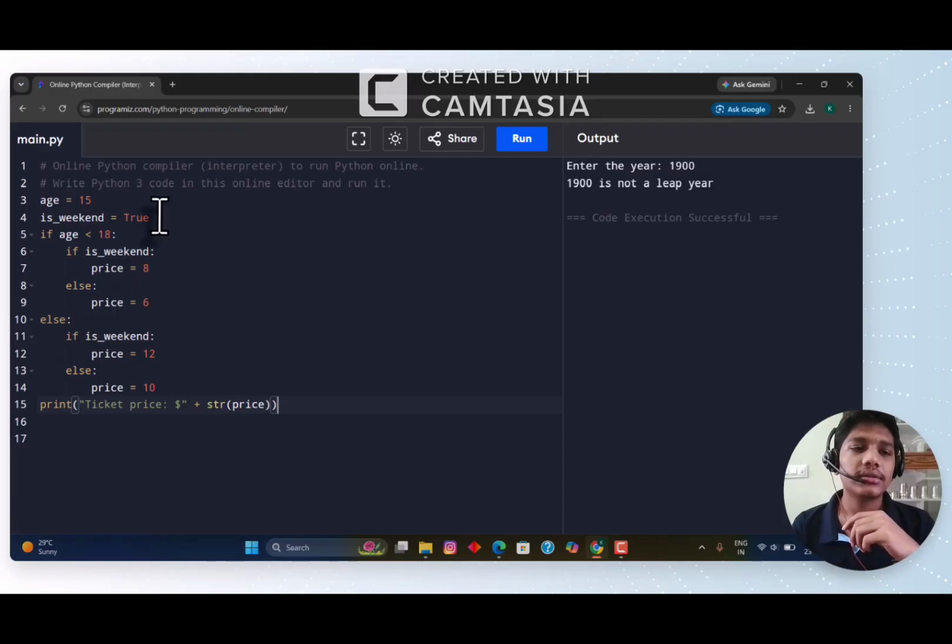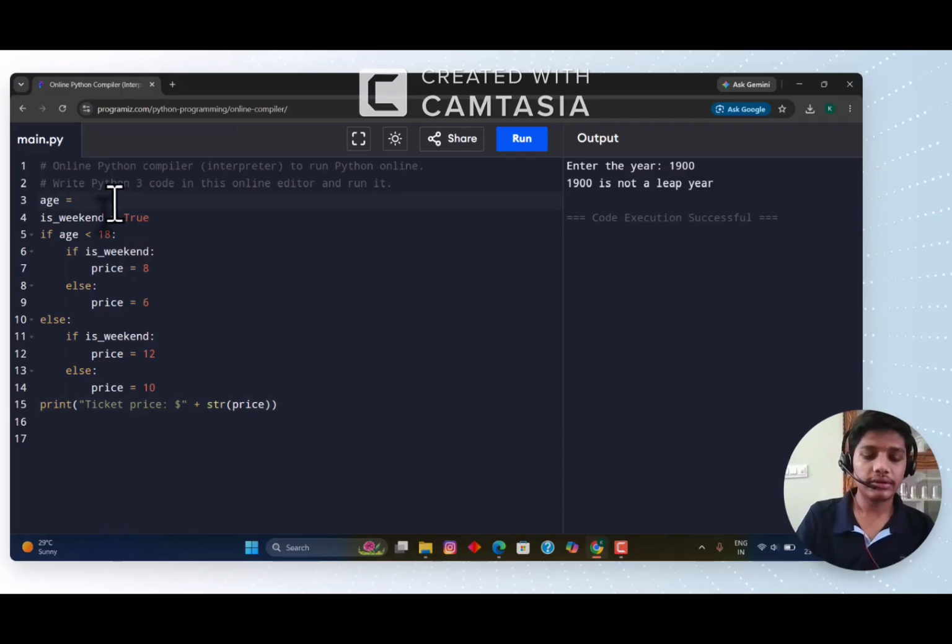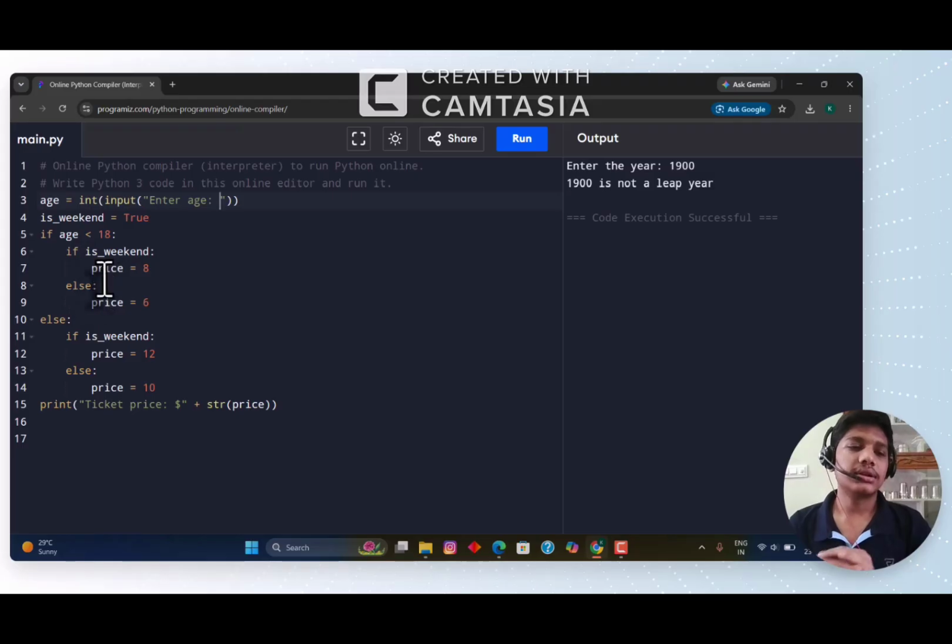Like here, he first takes an input, int of age, an integer. Enter age. When we give an input, it will check whether this condition is true or false. If we give less than 18, it goes into the if part. What is inside the if? There is another if, is weekend. He has already given is weekend as true, so it will print